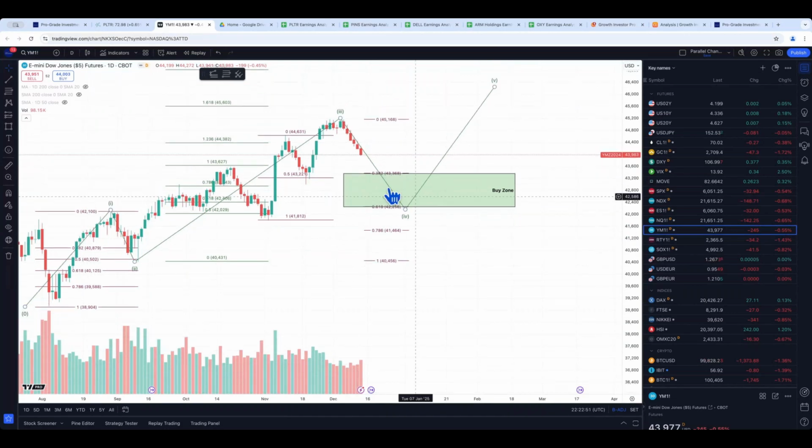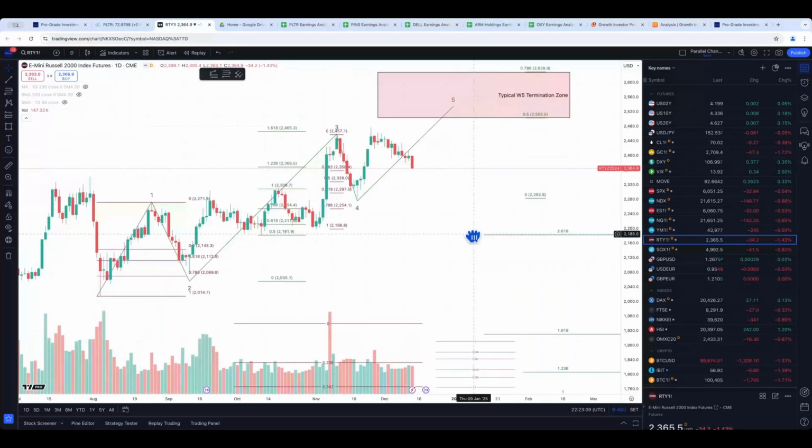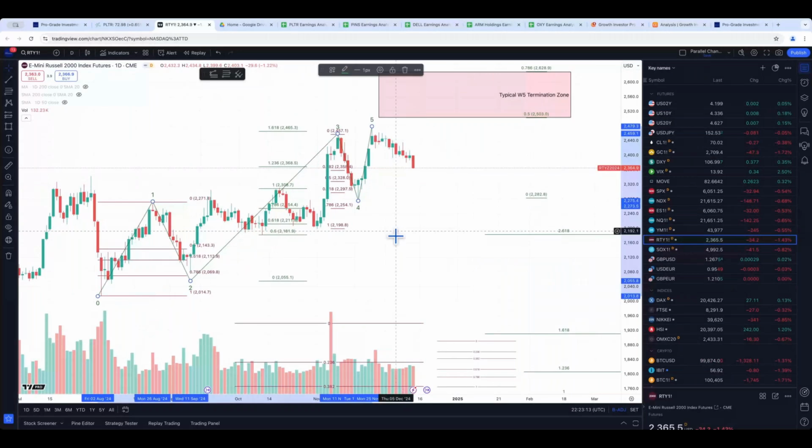This is on the YM futures. If we get to between 42 and 43,500, something like that, I think that's probably a buy opportunity down there for a 5th wave run up. And then the Russell, I wonder with the Russell whether that was a wave 5 high. Obviously, I don't know, but it might have been. We want to see if it's not, and if the wave 5 is going to terminate in this more typical 0.5 to 78.6 extension, you want to see a bounce soon. So that's the Russell.